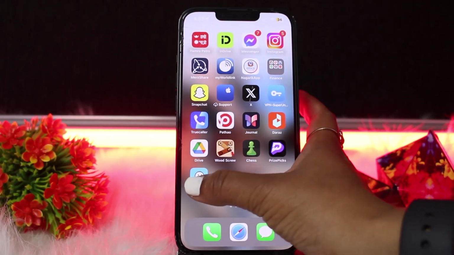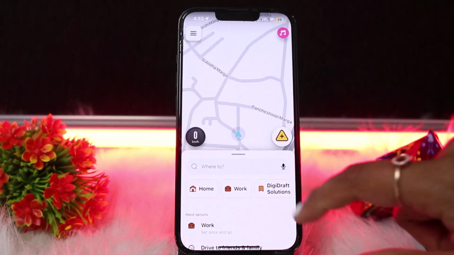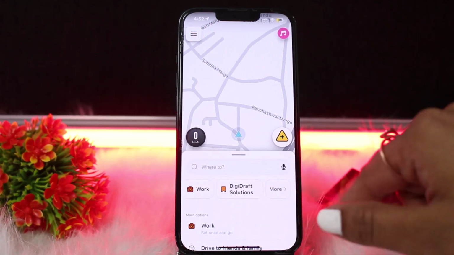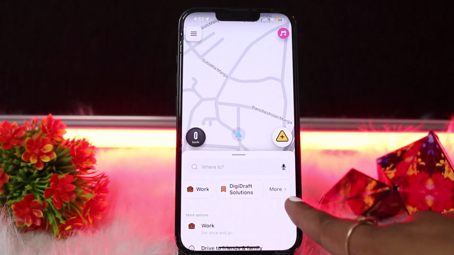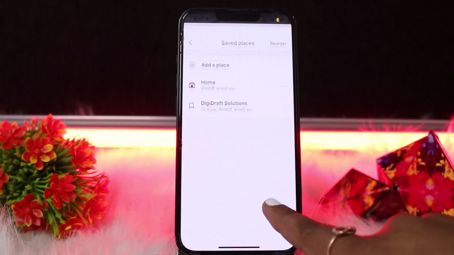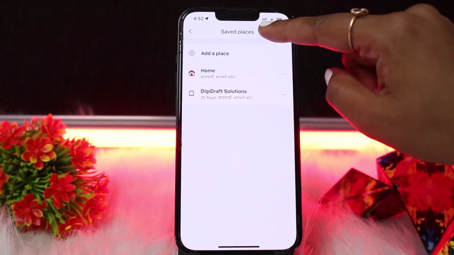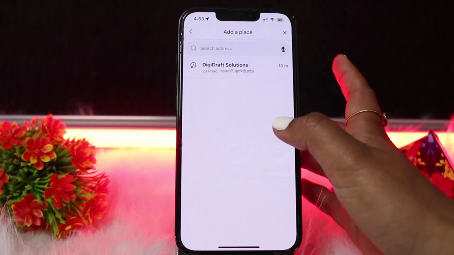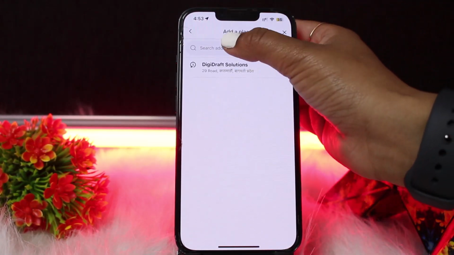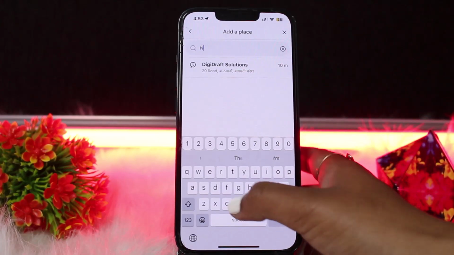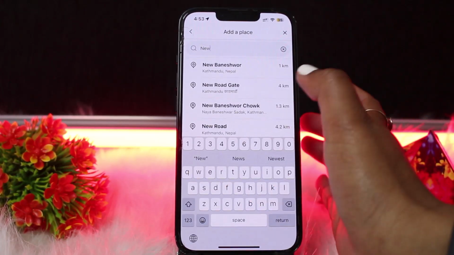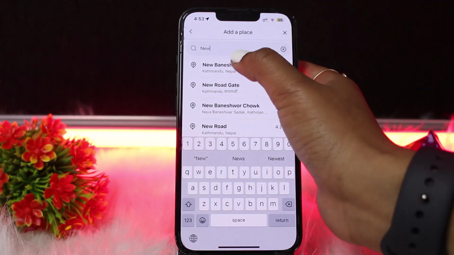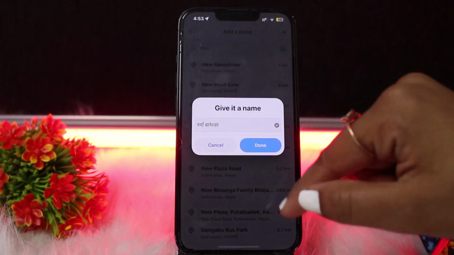First thing, you need to open your Waze app, and you can see the various options over here like home, work and many more. And at the very last there is the option More, and after clicking on that you need to click on the very first option, that is Add a place, and you can simply search the address where you go very frequently. Like I would like to search the option New Baneshore,